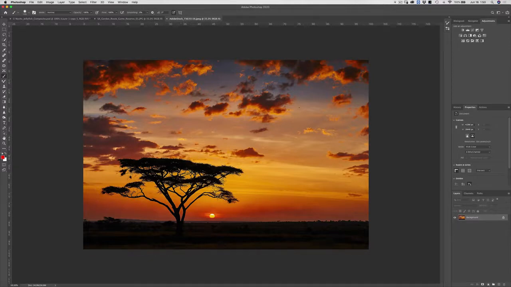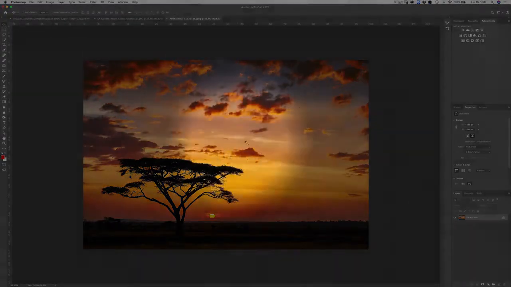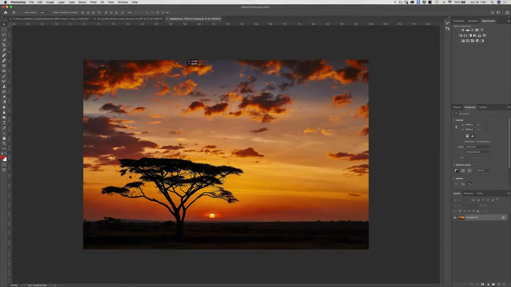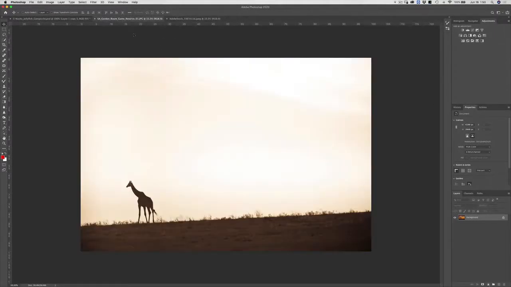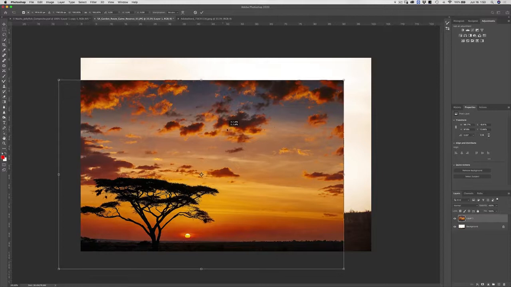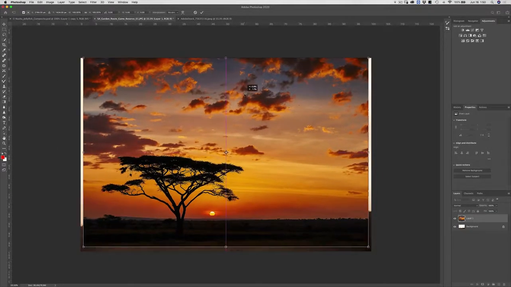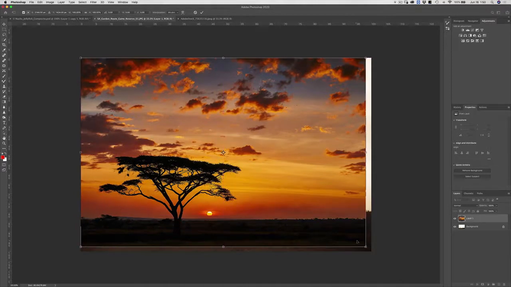What I'd like to do is use my Move tool to select this image and click and drag over to my image and drop it. Now I'm going to hit Command or Control plus T to transform this layer and line it up with my little giraffe.